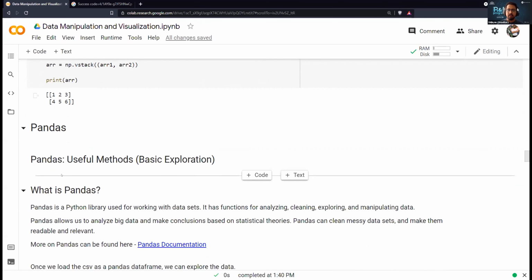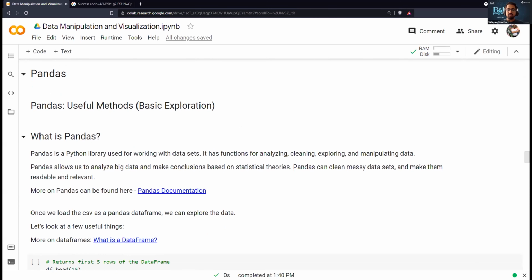Now moving on to pandas. As I told you, pandas is something you need in order to access the data sets and do some